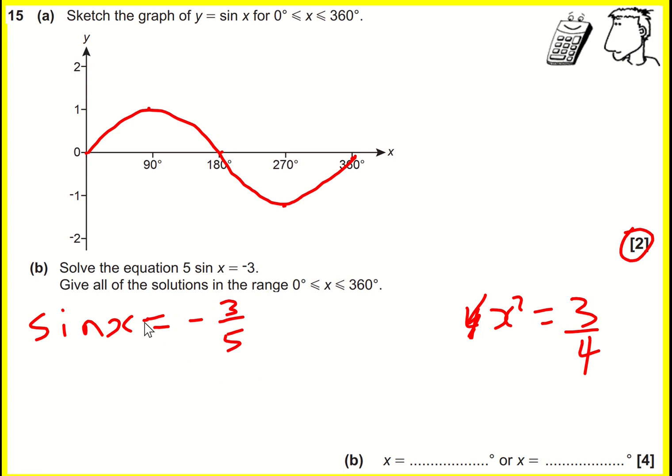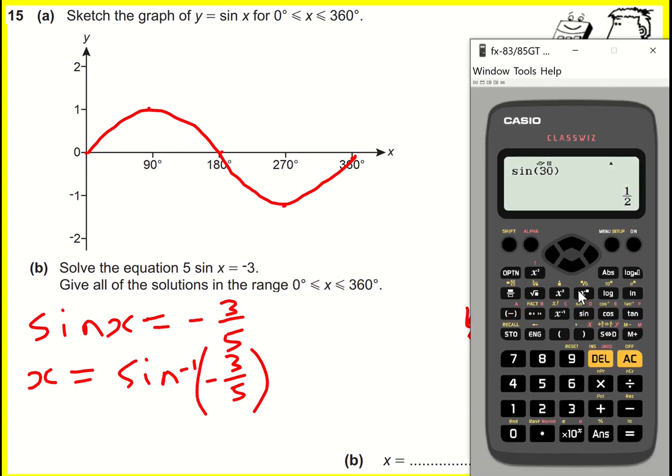When you first do trigonometry, you tend to find lengths of sides, but the bit that comes after that is finding angles. And to find angles, this is the sort of thing you do. You find out what sine x is, and then you do the opposite of sine to undo it. So x is equal to inverse sine of -3/5. I'm going to put this into a bracket just to make it a bit clearer. And that's half the battle anyway. So it's going to be inverse sine of -3/5. Probably best to close the bracket. And I get